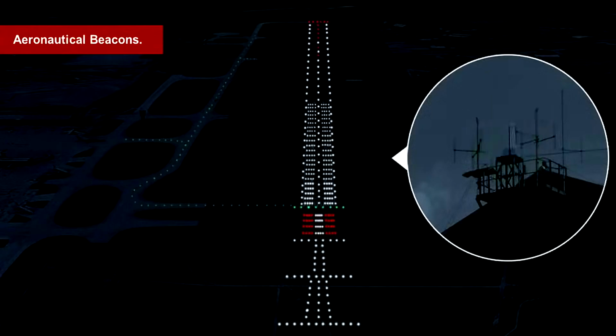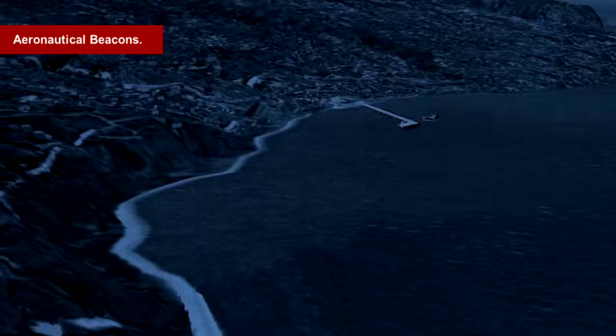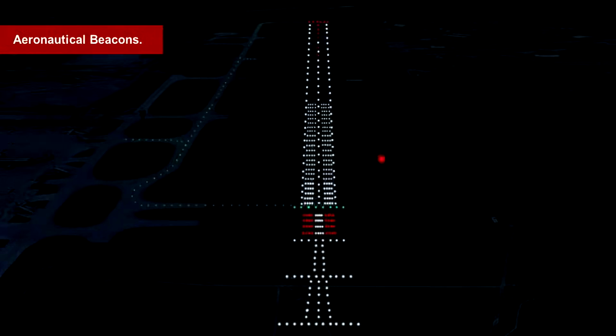An identification beacon shall be provided at an aerodrome which is intended for use at night and cannot be easily identified from the air by other means. An identification beacon shall flash a set of identification letters in Morse code and show flashing green at a land aerodrome, flashing yellow at a water aerodrome, and flashing red at some countries' military aerodromes.